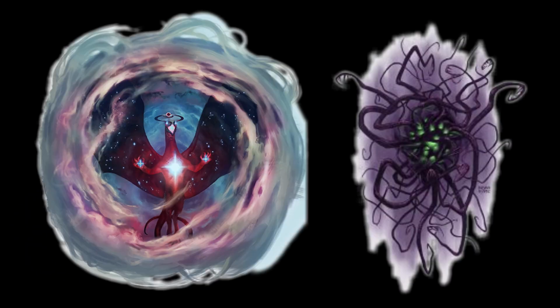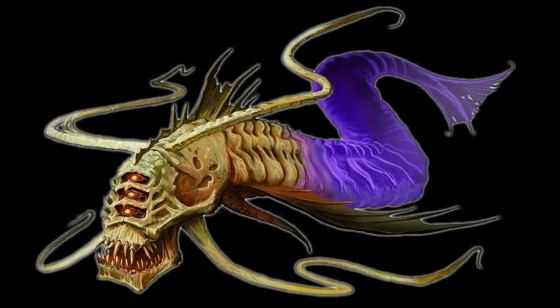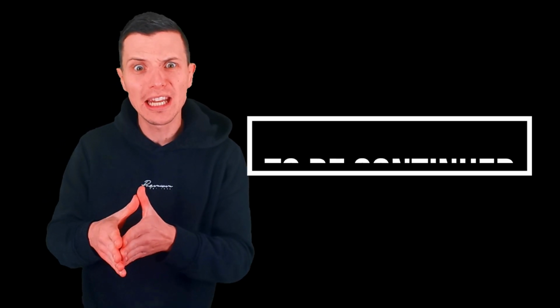Now next, I want to really talk about creatures from the void, like the Voidling itself, the Void Dragon, which is the most powerful and wicked dragon ever in the entire lineup of Kobold Press, and even the Aboleth, which has a really interesting tie-in to void magic and the void itself. And in order for me to be able to talk about that, I need to create an episode 2.